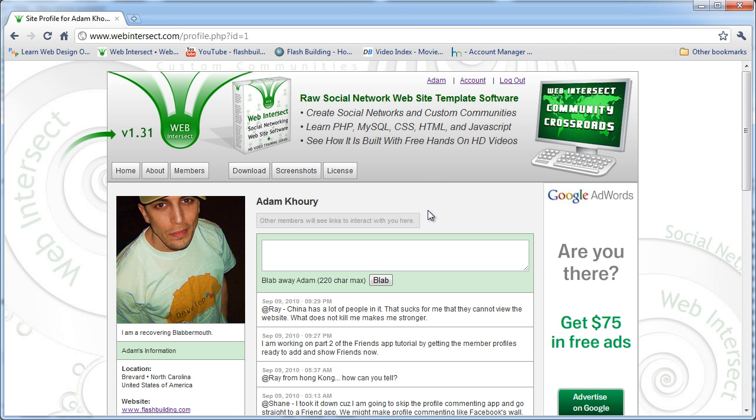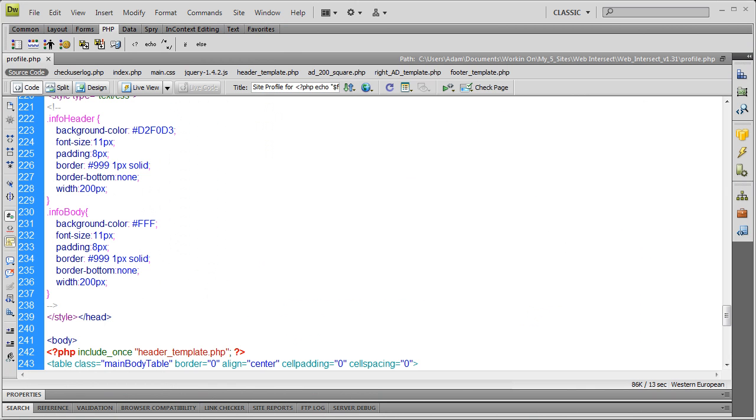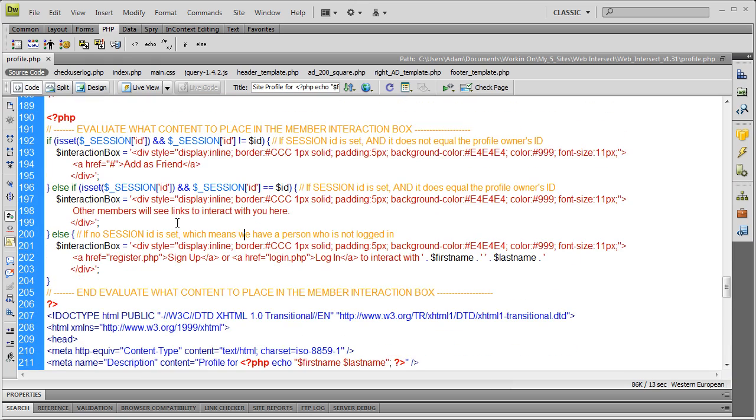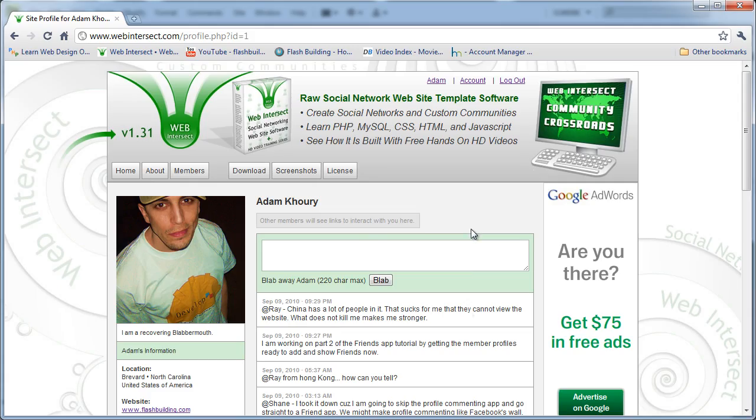Now, if I wasn't logged in, it would say sign up or log in to interact with Adam Corey. That's what it would say right there to somebody who is just a random person viewing your website, your members, and they're not logged in as a member. So there you can see those are the three conditions set out by this code that we just placed in here, just a few lines. And actually that little bit of logic will help you with a lot of other things that you want to